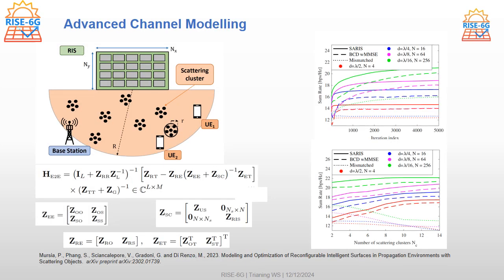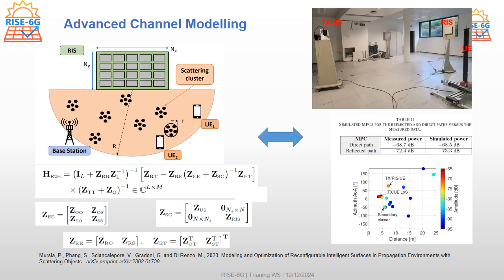Also, with respect to the RIS model, that is an extension of the end-to-end impedance model that represents the scatterer as a bunch of dipoles with some specific loads. This was used for the evaluation and the optimization of, for instance, the sum rate, verified thanks to the measurement, showing that the direct path measured and the one simulated or reproduced by the model are very close, less than 1 dB